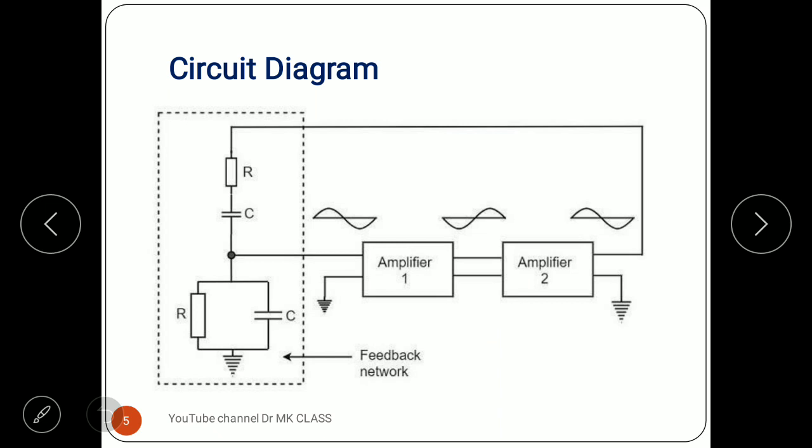So this is the overall diagram. This is a series network and this is the parallel network, and the input is given to amplifier 1. Here actually the phase shift from the RC network is considered to be 0-degree. Here there is oscillation and it is 180-degree, and here another 180-degree, so 360-degree, and the phase shift from the RC network is considered as 0-degree. Only a portion of the voltage will be fed back to amplifier 1. So in this diagram they created it like this.